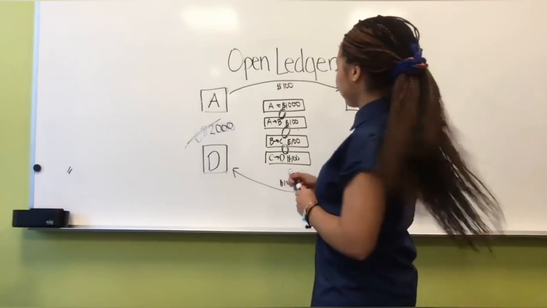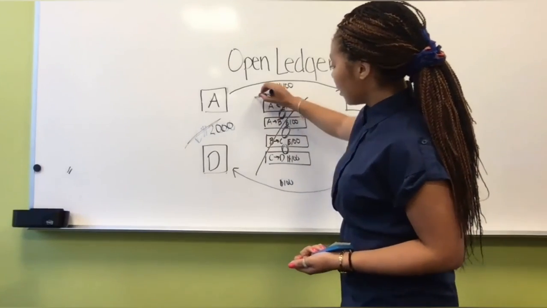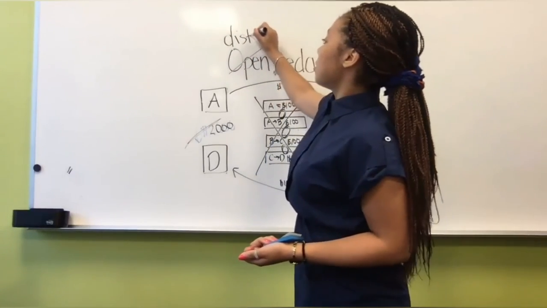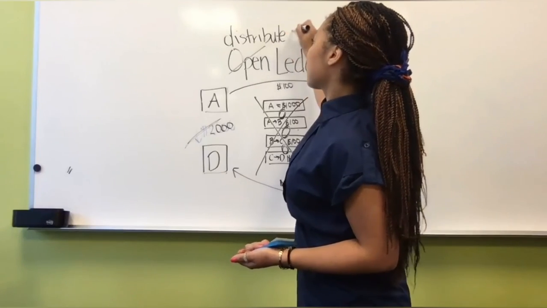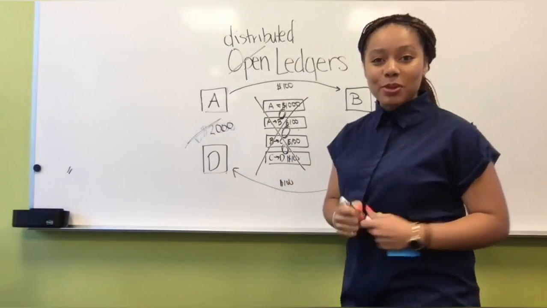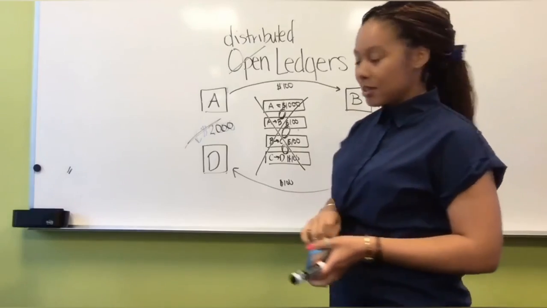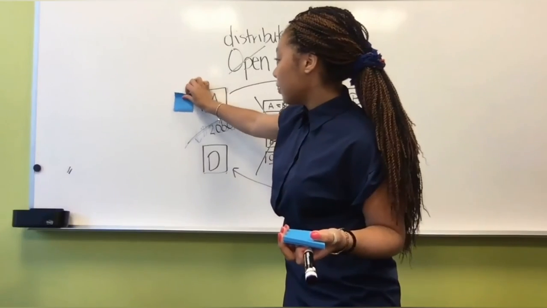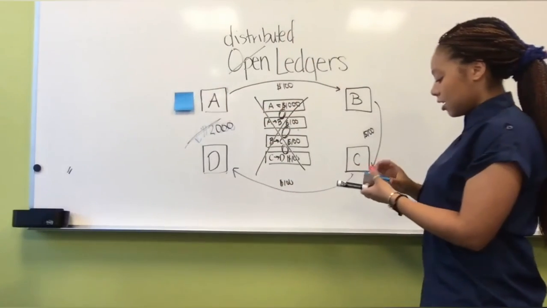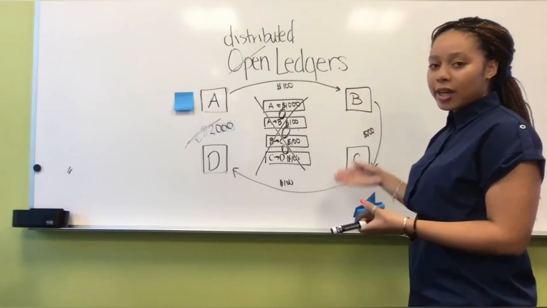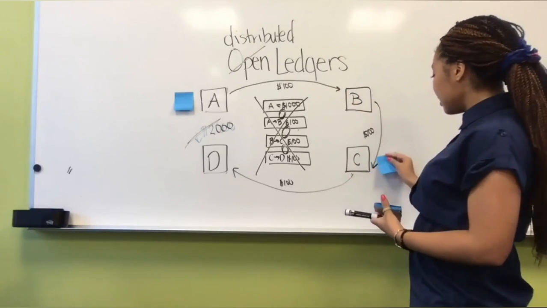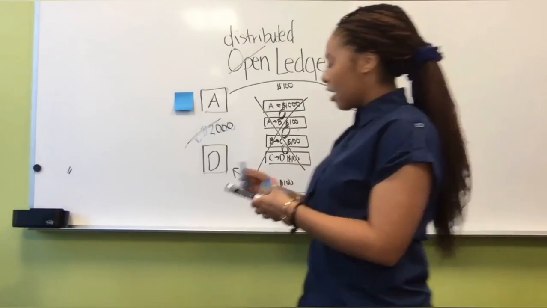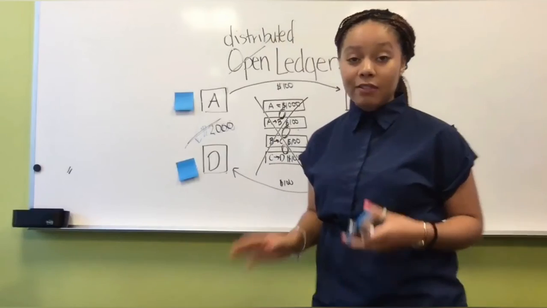Let me draw it out. So here we are, getting rid of the trusted middleman. Open ledger is going to turn into distributed ledger. So now that it's distributed and everyone can have nodes, I'm going to use these sticky notes. That means that any of these parties can hold a ledger if they want to participate. So here, A has a copy of the ledgers, and the ledgers are basically this chain of transactions that we made. C can hold a copy. Everyone gets a copy. B gets a copy. D gets a copy. Whoever wants to participate, everyone can hold it.